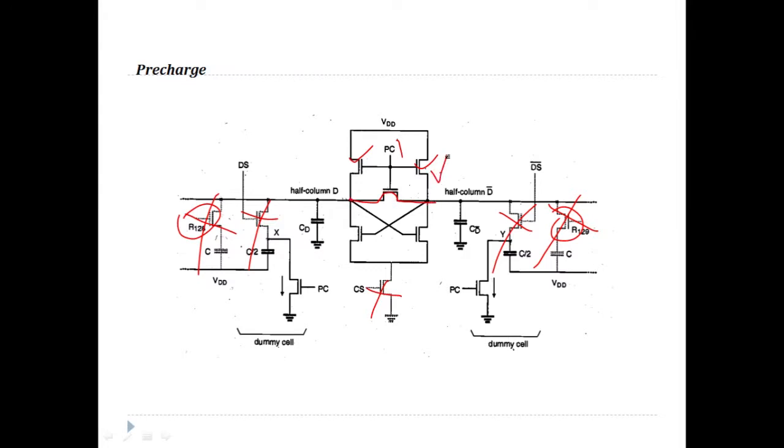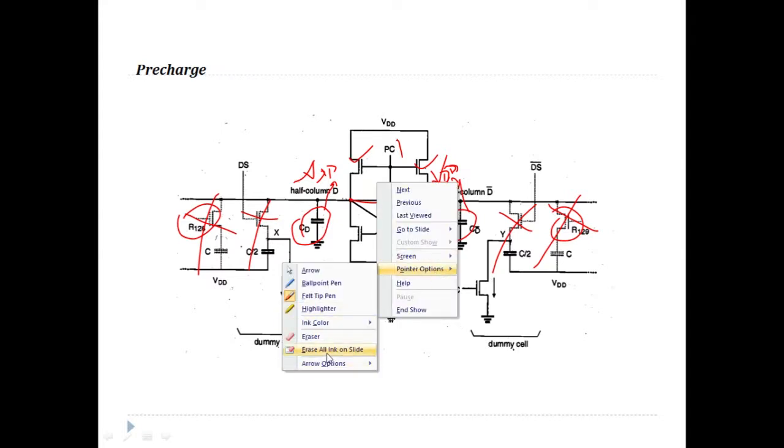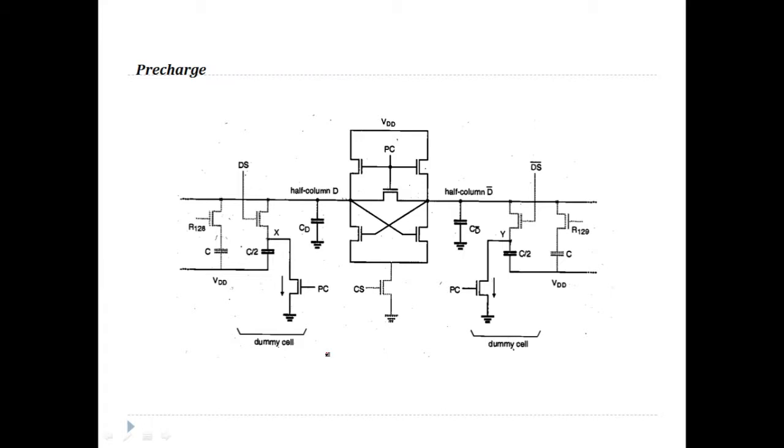So both of them carry equal voltage, which is VDD, or closer to VDD, right? Now these capacitors are charged with this voltage, VDD. Both these capacitors are charged with this voltage. Now this thing is worth remembering, that during pre-charge, voltage on CD capacitor and CD bar capacitor is equal.